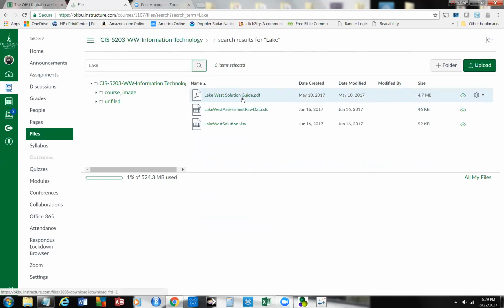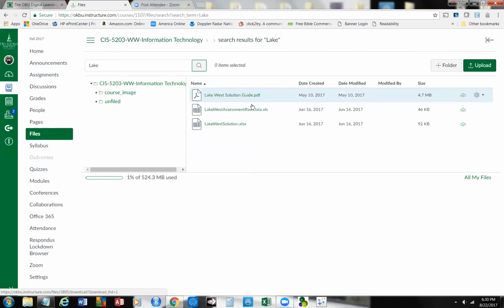So I think I'm fairly legible. But if we were in class and I was on a whiteboard, I'd be writing the same thing. I saved this for you so you could see how this is put together. And I summarize a lot of what's there in the textbook, and I try to give you some explanations of it, and to see also how we design this. Really what Lake West is, we're designing and building